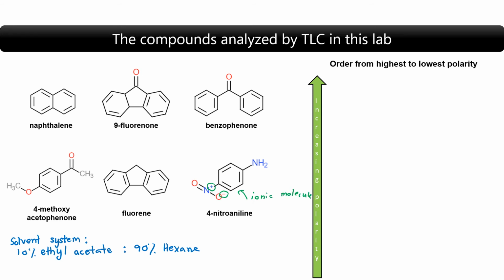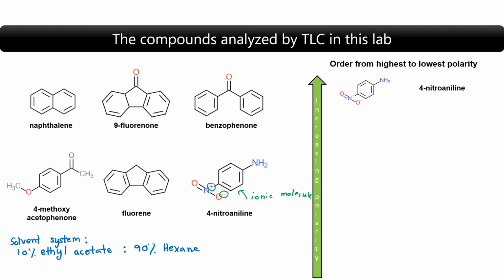And we know that ionic molecules have the highest polarity because they are able to form ionic interactions, which are the most polar and strongest type of intermolecular forces. So 4-nitroaniline would be the most polar out of these 6 compounds. Next, we have